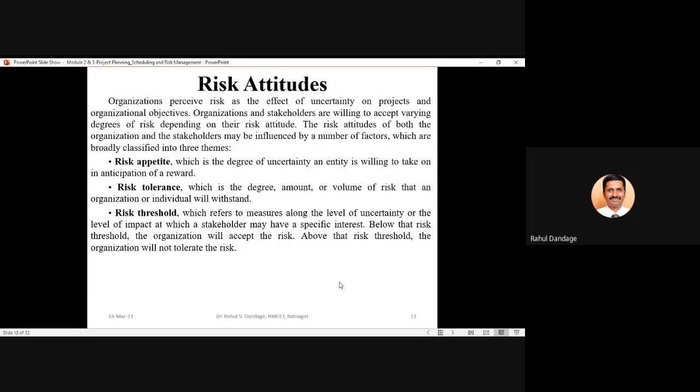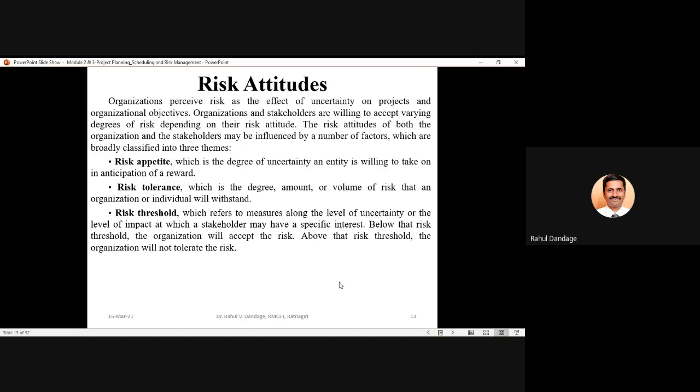Then coming to the next part, it is about the risk attitudes. Organizations perceive risk as the effect of uncertainty on project and organizational objectives. Organizations and stakeholders are willing to accept varying degrees of risk depending upon their risk attitude.